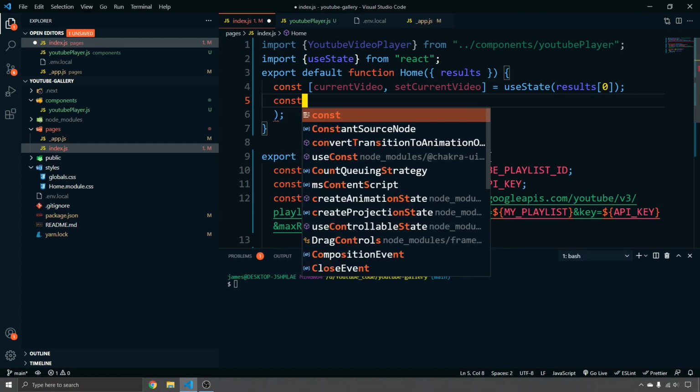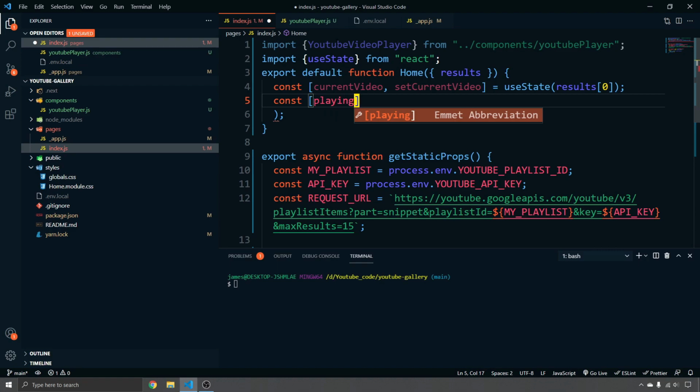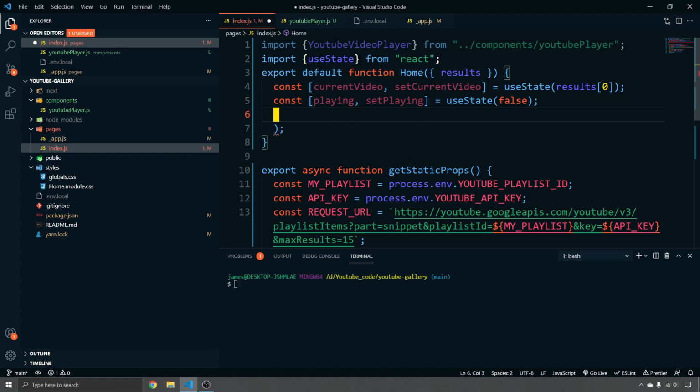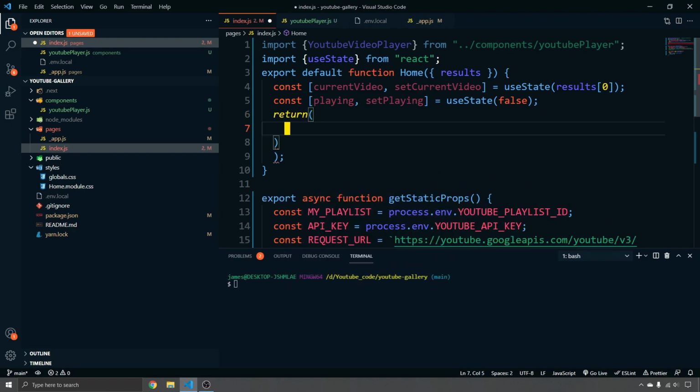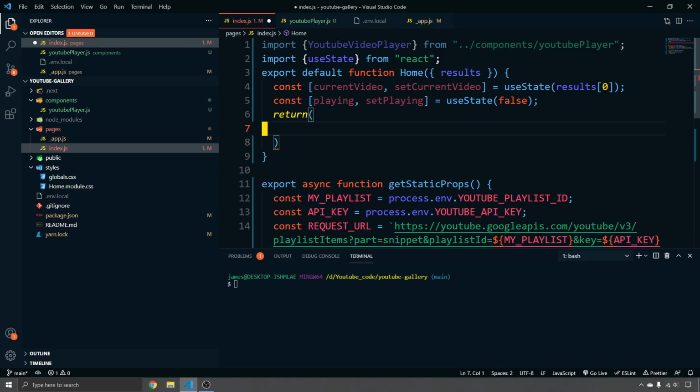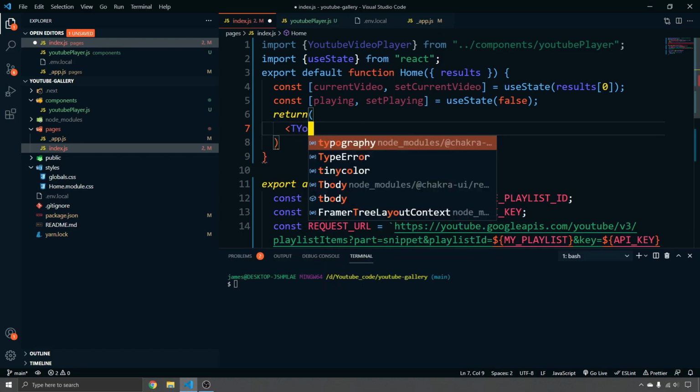And then we're also going to have another const here called playing and set playing. And those are going to handle if it's playing or not. So we'll just do a truthy false here. So we'll set it to false from the beginning. So now we have that. What we should do is take the YouTube video player. So we can just do a return. And inside of the return, we can do YouTube